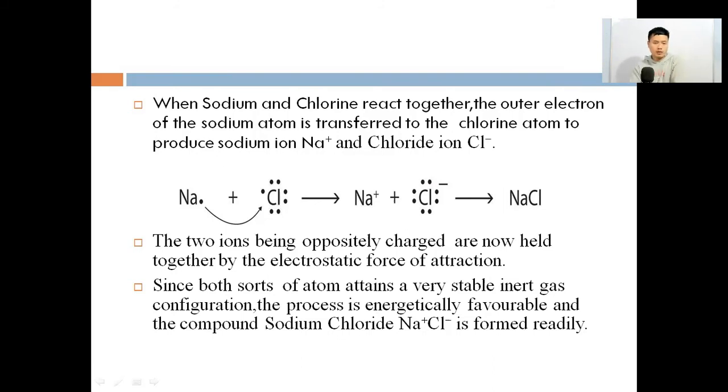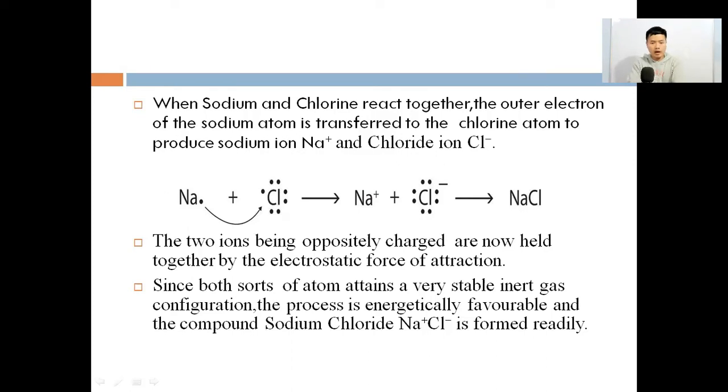We know that when sodium and chlorine combine together, sodium is a metal, it is electropositive. Chlorine is electronegative. Sodium loses an electron. Sodium needs to lose 1 electron in order to be stable, and chlorine needs to gain 1 electron in order to be stable. So when sodium and chlorine combine, the electron which sodium needs to lose is taken by chlorine, and then both become ions. Now sodium is also stable and chlorine is also stable, and now they readily form a compound called